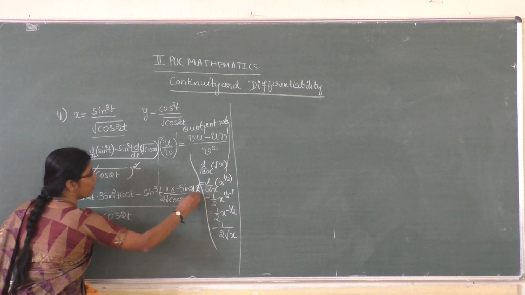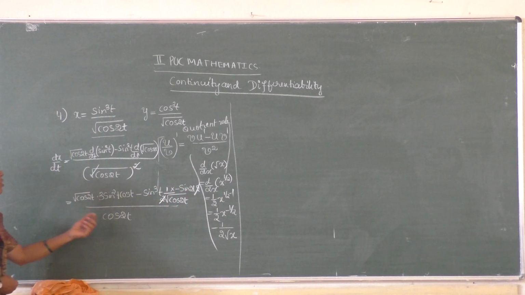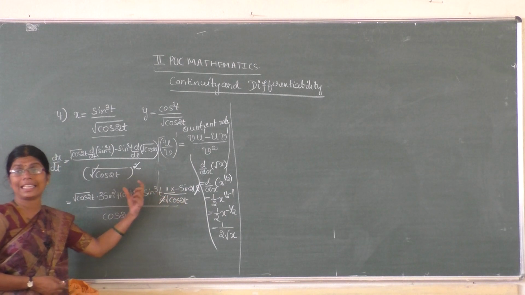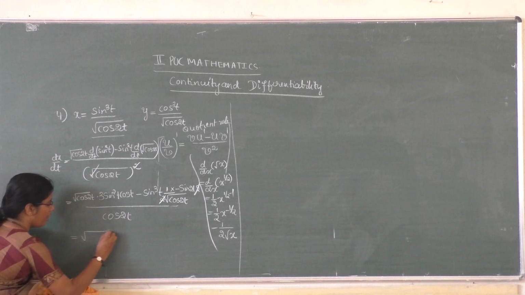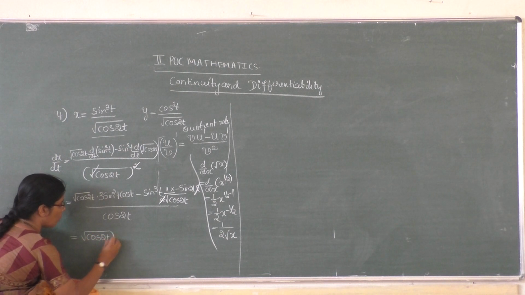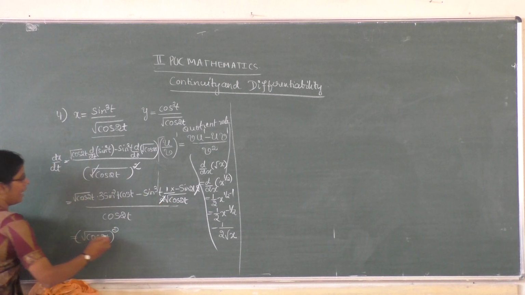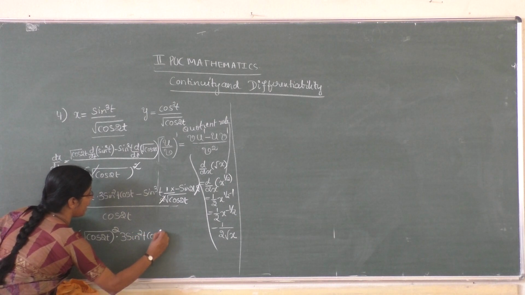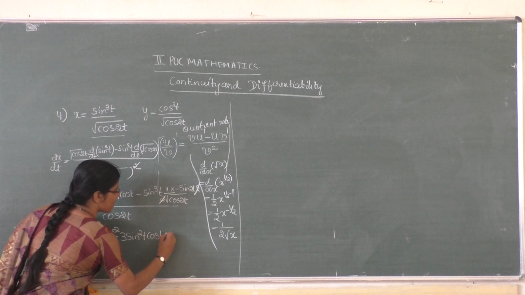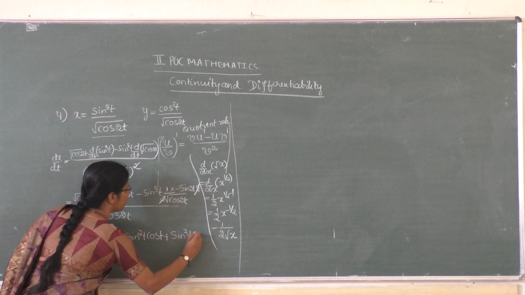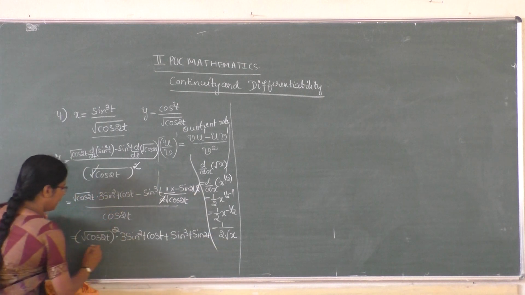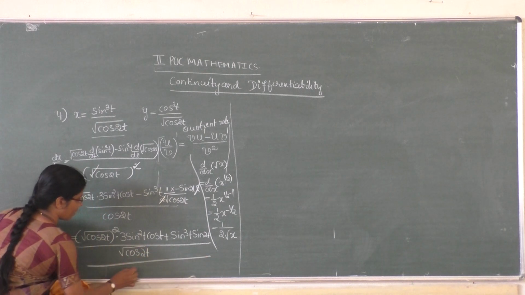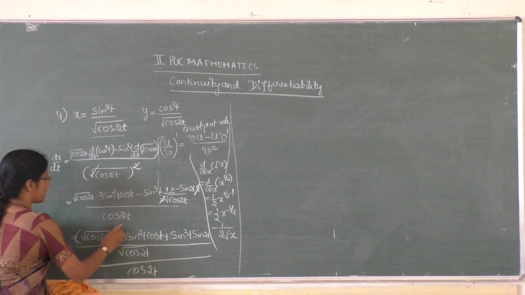Next, this 2 and this 2 cancels. Okay, so here this root cos 2t is in the denominator here, therefore we take LCM. So we get here root cos 2t whole square, because this comes here, into 3 sine square t into cos t plus sine cube t into sine 2t divided by this root cos 2t and this cos 2t. So here square and square root